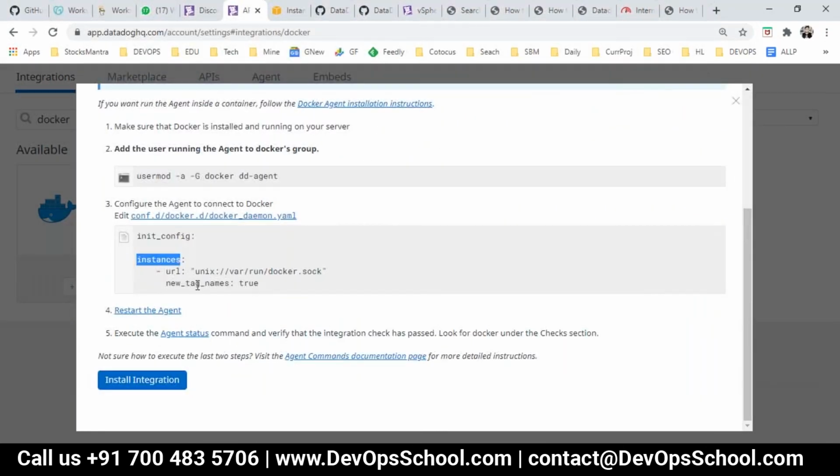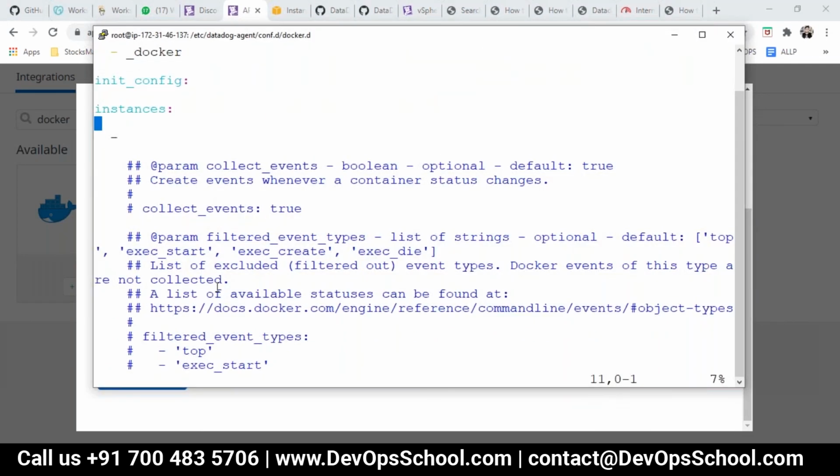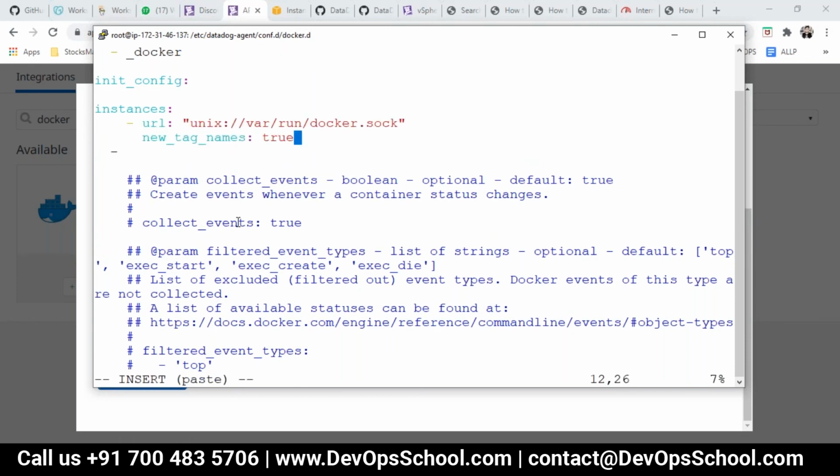So what to do? Nothing, just copy this content very carefully. Remember it's YAML, so it'll make you cry if you do it wrongly. Done. And after that, four spaces. Okay, I will comment it out, not delete it. Wait a second.